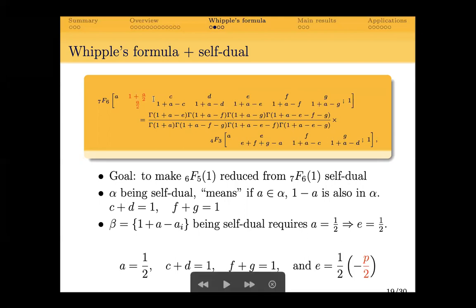And I would like the self-dual property on the lower parameters as well. And that's pretty restrictive. That means beta is more or less 1 plus A minus Ai. I do not have too many choices for what A I need to pick. More or less, it forces me to pick A to be 1/2 and also E to be 1/2 as well. So the